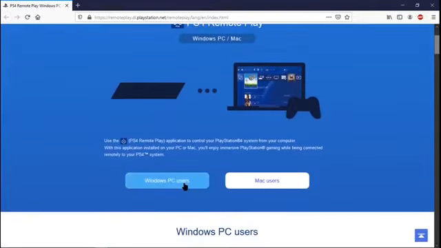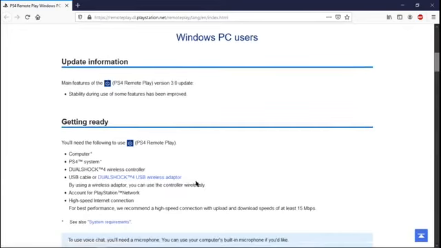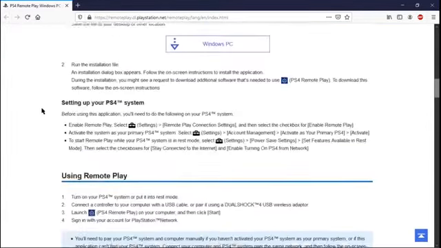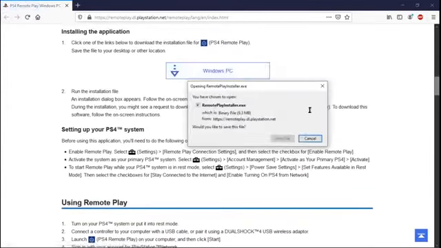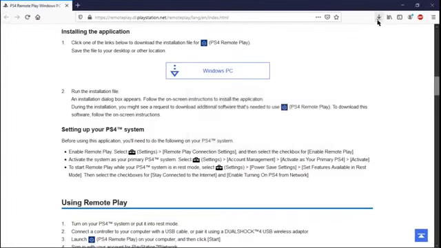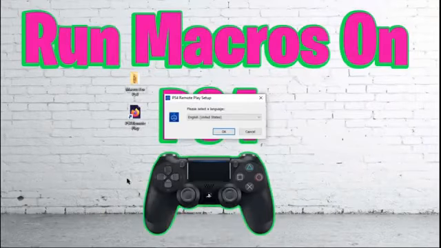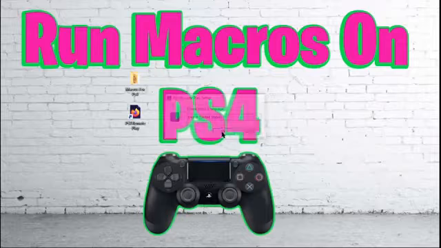I am a Windows PC user. Go ahead and click on that, and then we're going to want to download. Press Save File. It's a very short download, doesn't take long at all. Go ahead and click on that, and you can close out of your browser after accepting the shield. Close out of that, and you should get this little menu right here. Go ahead and select your language, press OK,